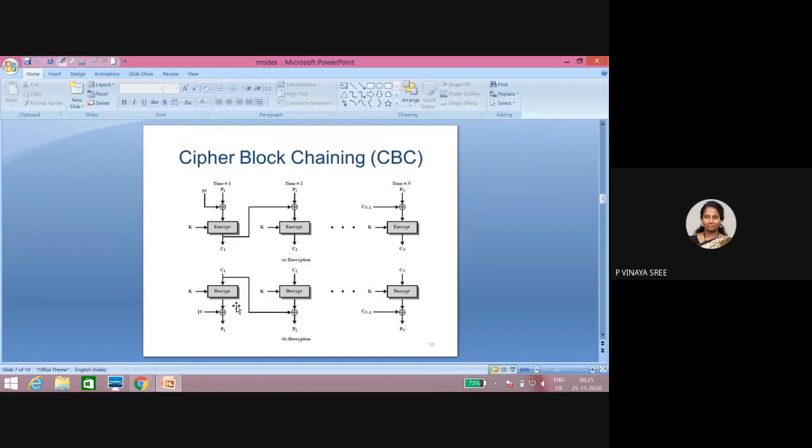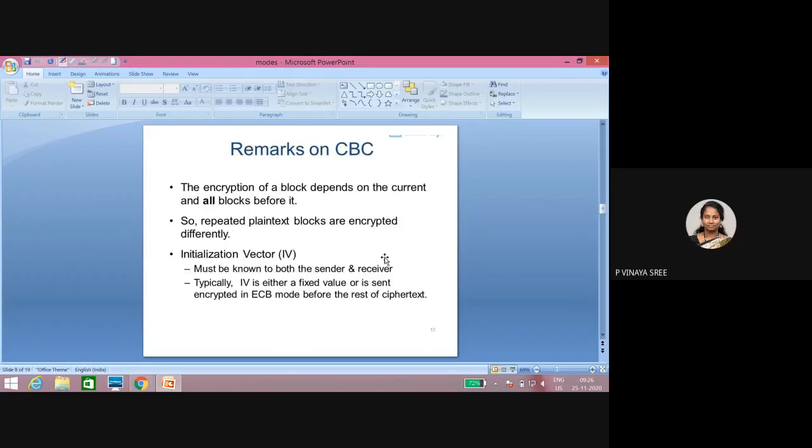after decrypting, let us consider the ciphertext is 64-bit. So 64-bit decrypted with the key, the generated output is 64-bit. That 64-bit and the initialization vector that the sender has used, the same values, have to be used at the receiver side. So this 64 bits and the initialization vector 64 bits are XORed, and finally the plain text will be generated. And the problem with this is, see here, the